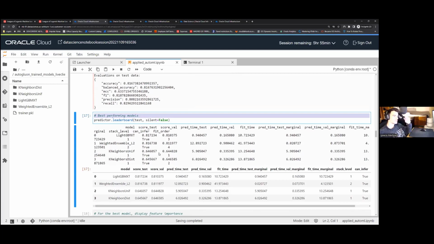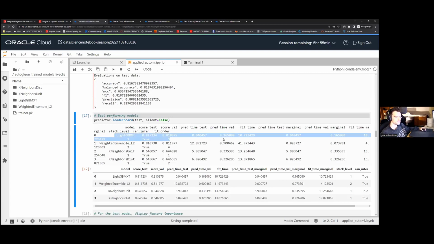But the thing that I want you to understand from this is that you have some models and then you have some accuracies, but these are not the only things that you need to consider. I always look for this predict time value, which is the time that it would take for the model to make a new prediction, which is 0.16 seconds. And this is actually great. I always look at this metric because I would much rather have a model with 81% accuracy and a